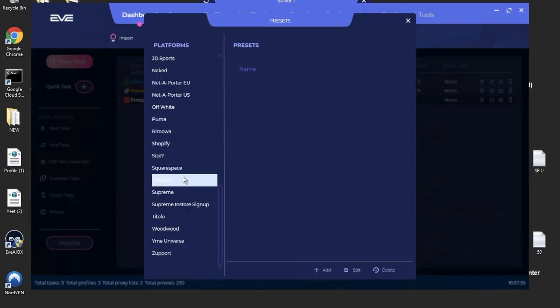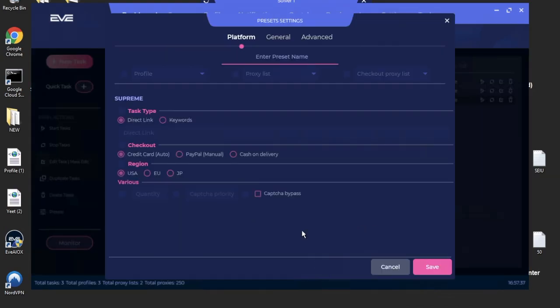So now let's talk about presets. Let me make a preset for Supreme. One preset, I'm going to make it low checkout delay and another high checkout delay. This is for if you want to quickly change the type of task, what kind of settings you want. This can be very helpful, like you want to quickly just change it. So this is going to be Supreme low checkout delay, so for this type of preset, I want to have the task site be direct link, I want to have it be checkout,